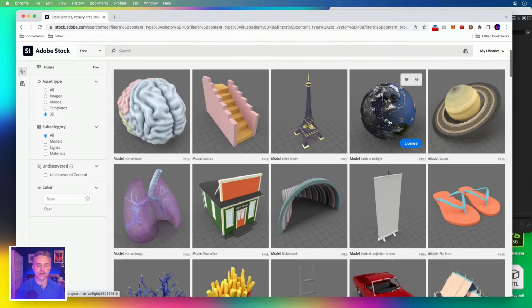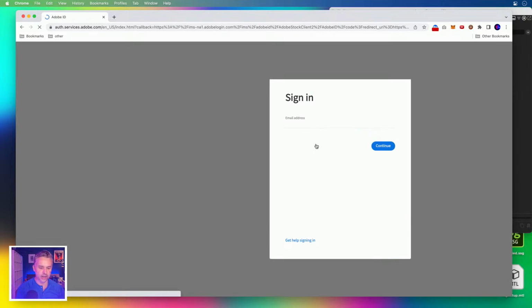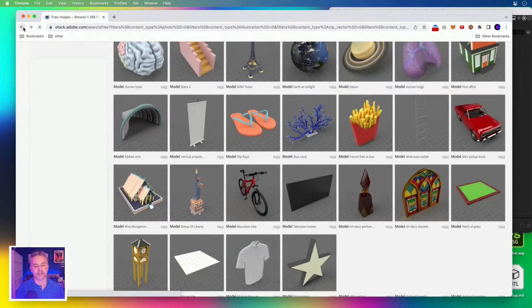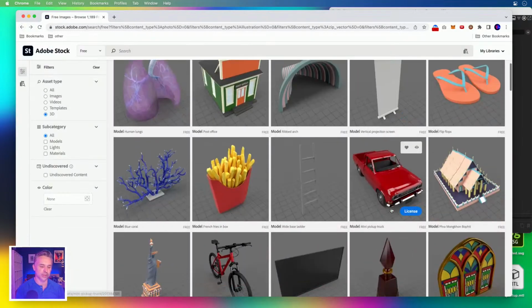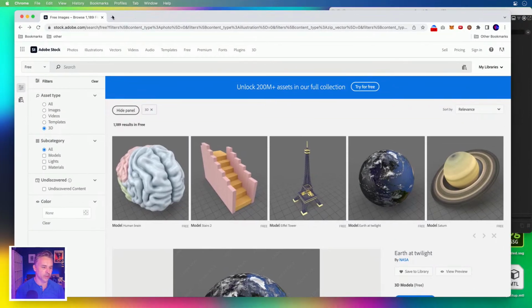So this is a perfect example of what I could use the rotate for, right? So license it for free. I don't even know if I'm logged in. I knew I wouldn't be logged in. It doesn't matter. I'm just showing you this, a place to get some free stuff, which is awesome. Okay, another place,